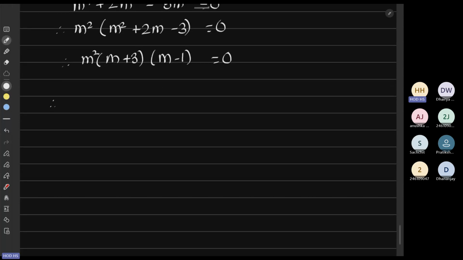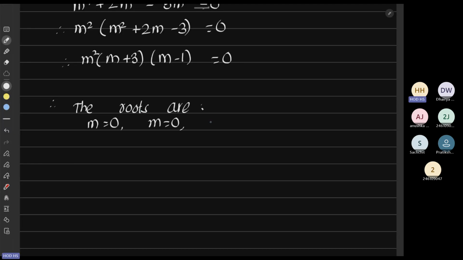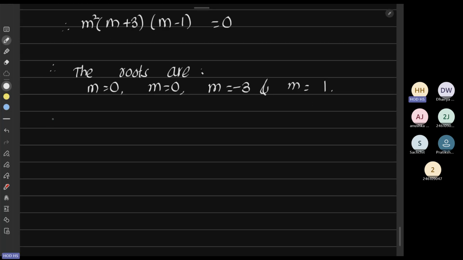And therefore, the roots are m = 0, m = 0. So they are repeated roots. And then m = −3 and m = 1. These are the roots. So therefore, the complementary function, the CF, is given by